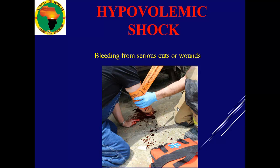You are at the accident zone, there is bleeding, it's massive. Try your best to use anything that you can find to tie around, particularly on a part called proximal. Okay, proximal, the one which is near the heart, so that the part that is bleeding does not receive blood